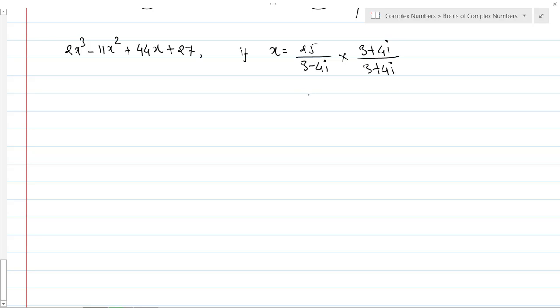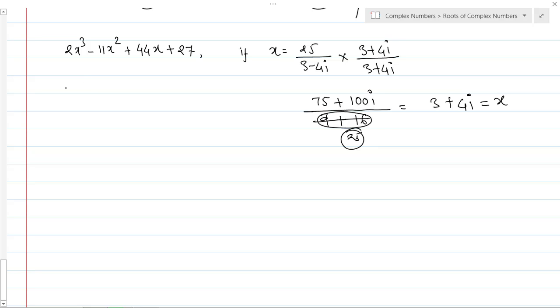ओके, तो क्या हो जाएगा भाई, 25 इंटू 3 आ गया मेरा 75 इन प्लस 25 इंटू 4 ये आ गया मेरा 100i अपॉन आई विल बी हैविंग 9 प्लस 16 विच इज नथिंग बट अगेन ये आ गया मेरा 25. ओके, सो दिस इज 25. सो 75 बाई 25 आ गया मेरा 3 प्लस 100 बाई 25 आ गया मेरा 4i. सो x कितना गया, सो दिस इज नथिंग बट माई वैल्यू x. सो x इज इक्वल्स टू 3 प्लस 4i.